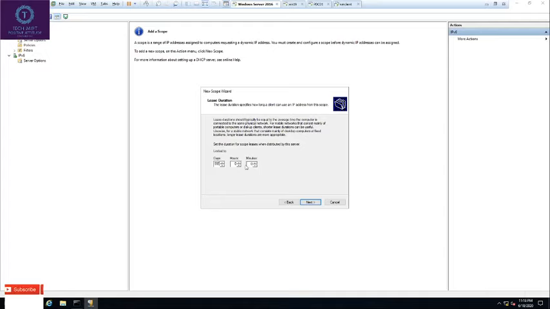It will be unlimited. I am keeping the lease period as default as 8. Next, it will ask for the scope option. Scope option includes different options, like you can add a time server, router, any other DNS server specific.